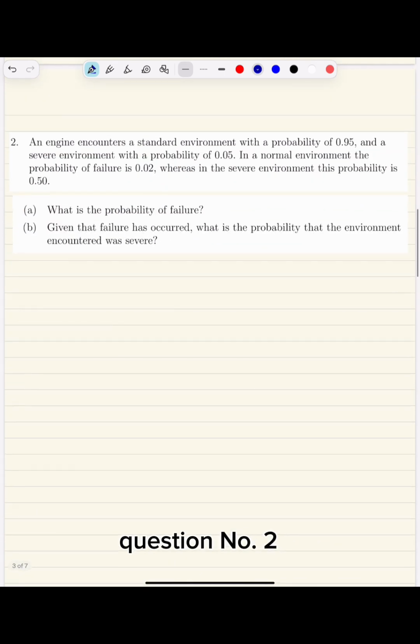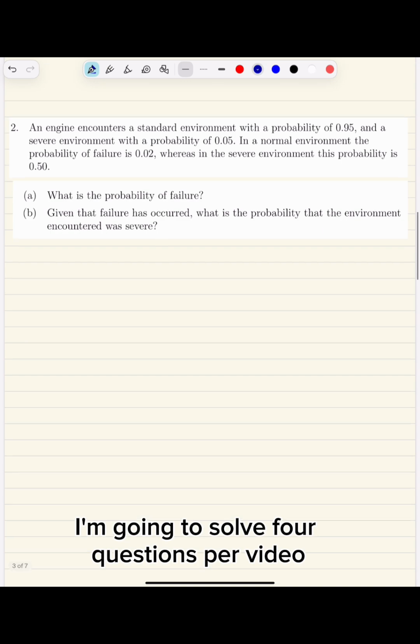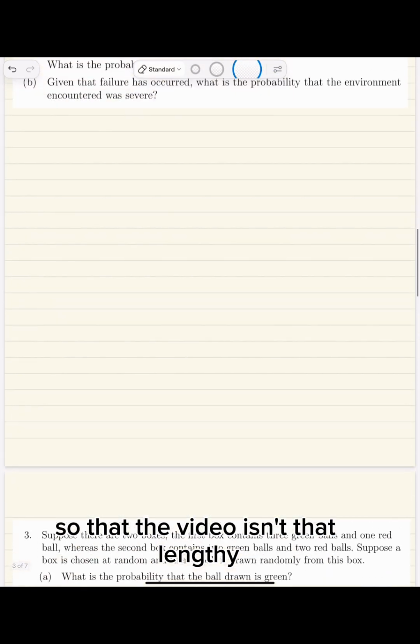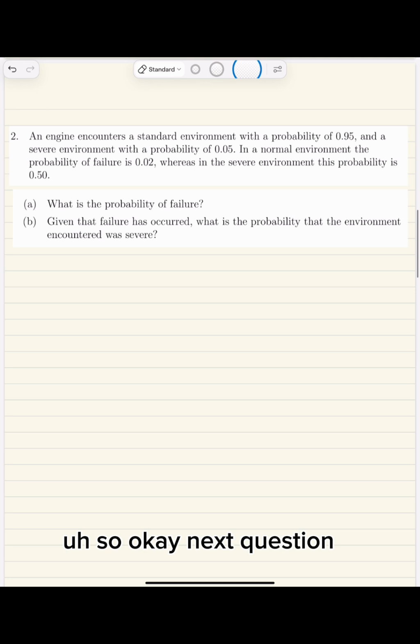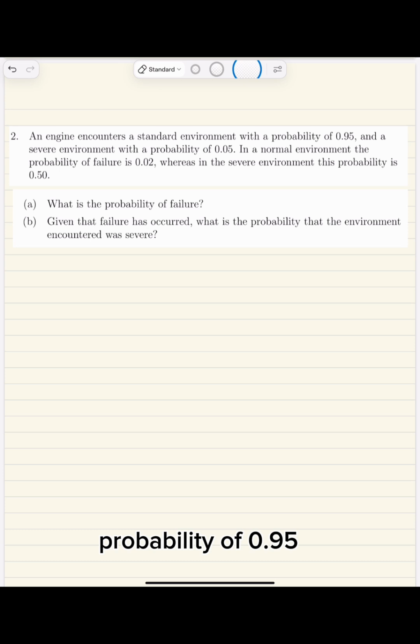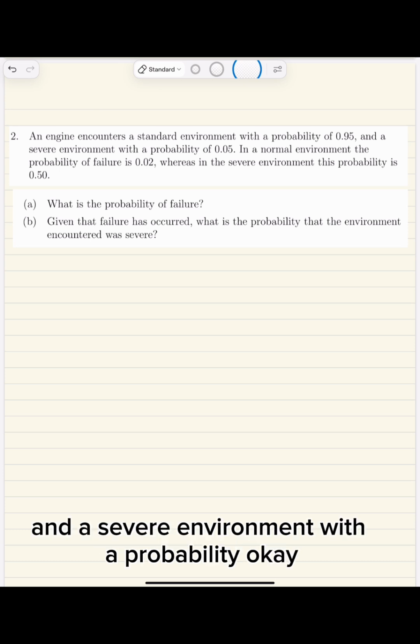Okay, question number 2. I'm going to solve 4 questions per video so that the video isn't that lengthy. Okay, next question. An engine encounters a standard environment with a probability of 0.95 and a severe environment with a probability